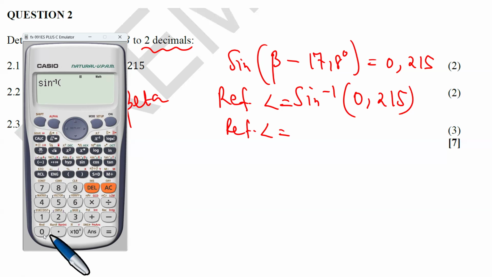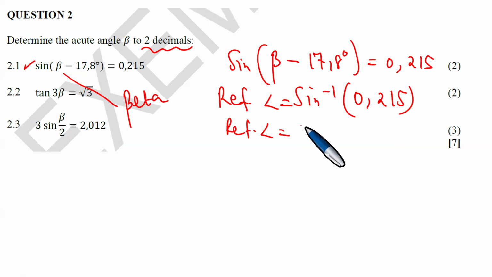I get 12.41 to 2 decimal places. What did you get? 12.41. Good. Can you round it off in any way? Yes, we can write it as 12.42, for example, because the decimal digit after the 1 is a 5. So we can write it as 12.42 degrees. But this one is a reference angle, and therefore,